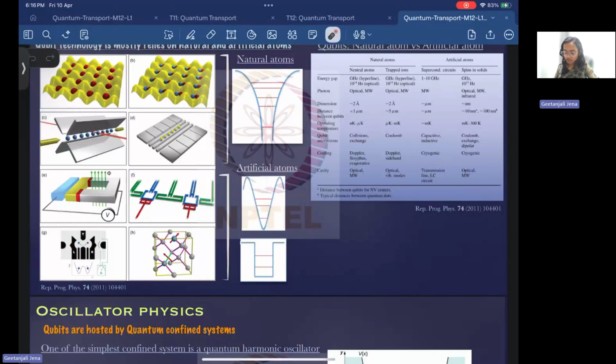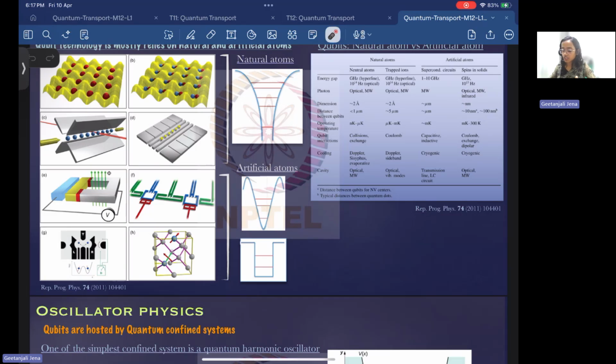So the potential of these gated quantum dot circuits depends on the structural parameters of the circuit that we are considering. Depending on that, the potential can be parabolic, it can be a square well, or it can be a mixture of both, or any other kind of potential. Okay, and in the table we have, this mostly discusses the differences between the natural atom and